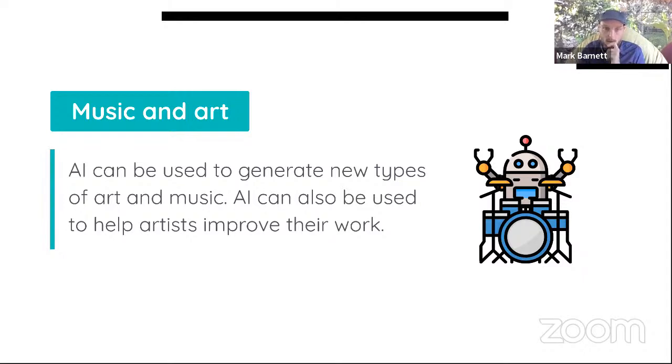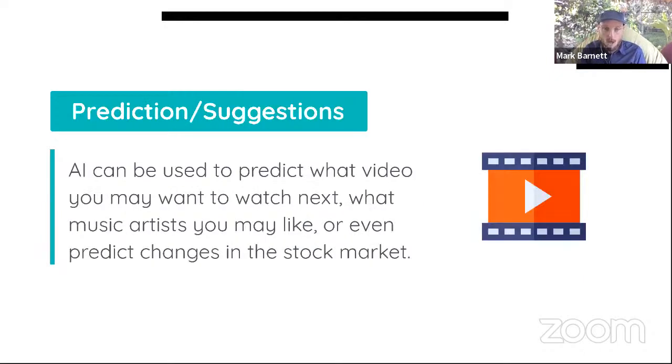And the cool thing about art is it starts a philosophical discussion about what really is art, what really is music, if it can be created by machines and robots and artificial intelligence, and we take away the human element to it, is it even still art? But that's a whole other can of worms you can get into with your students to ask that question. But this is the one that you're most likely to encounter on a daily basis, especially if you're on the internet using Twitter, Instagram, Facebook, YouTube.